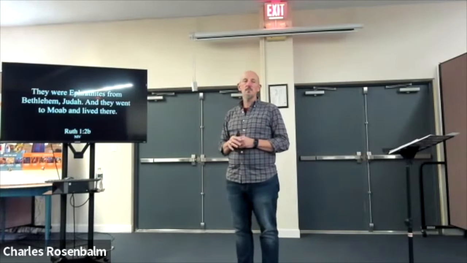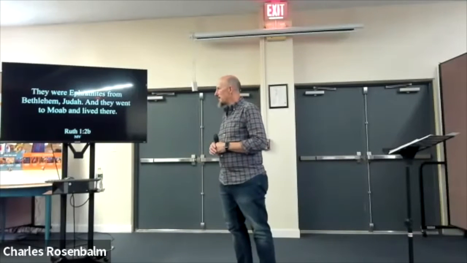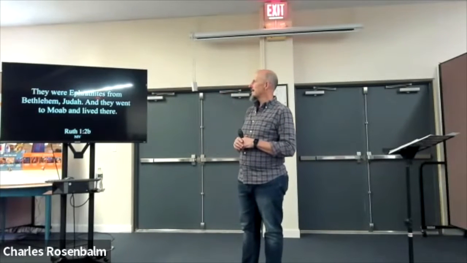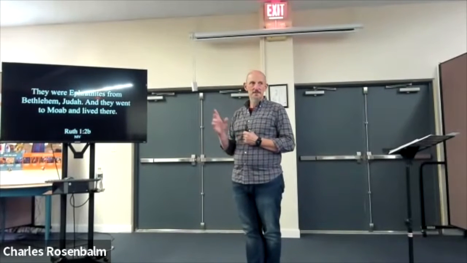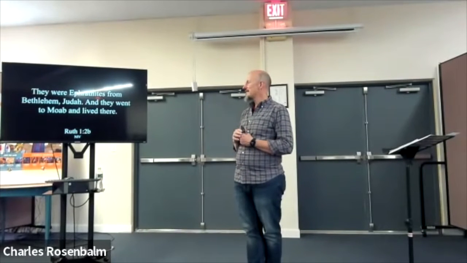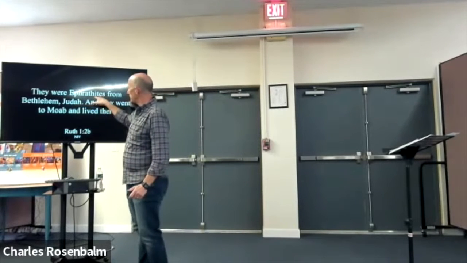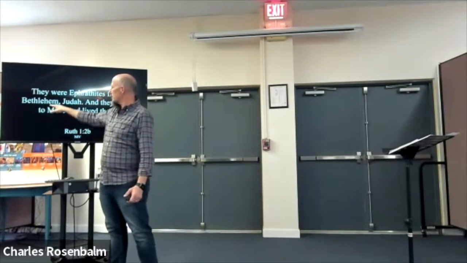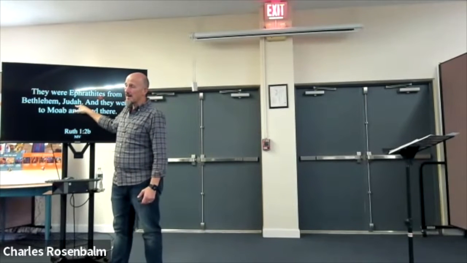We learn a little bit about Elimelech and his family. I put verse 2 up there. They were Ephrathites from Bethlehem, Judah. That's a pretty significant place, right? And they went to Moab and lived there. This is verse 2, so things happen fast in this story. You should recognize this word, and for sure this word and this word, not just from the law, the Tanakh, but from